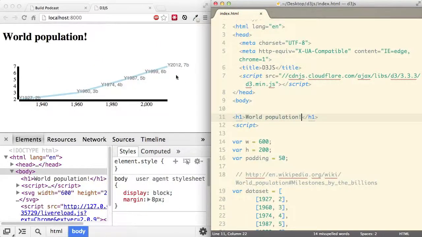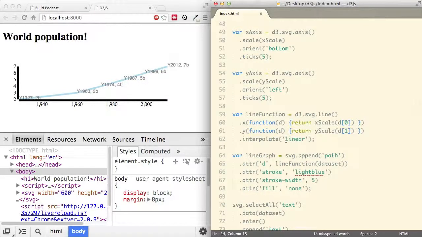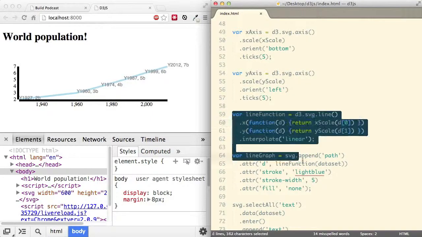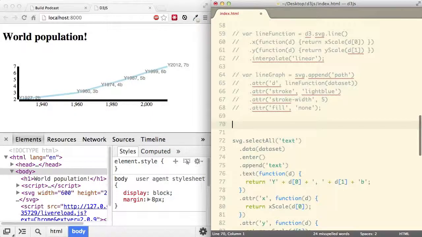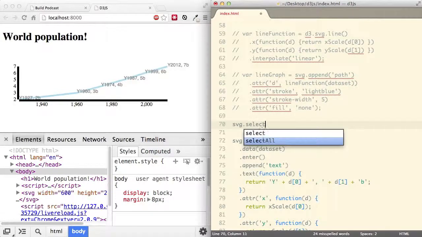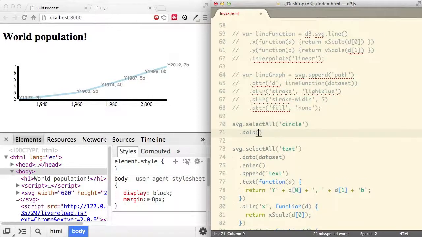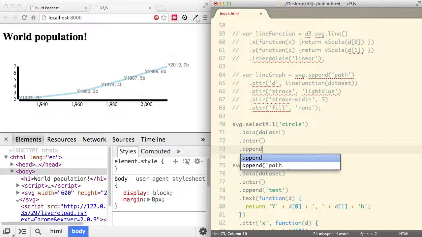Now we can also denote it as circles instead of a line graph. So let's quickly see how we can make that happen. The very first thing I'll do is comment off the line and the line graph, and instead of a line, I will simply define some circles. So svg.selectAll circle, which will take on the data from the data set, enter it and append it